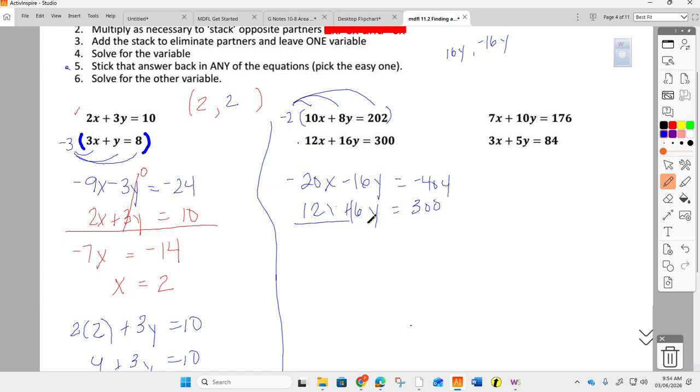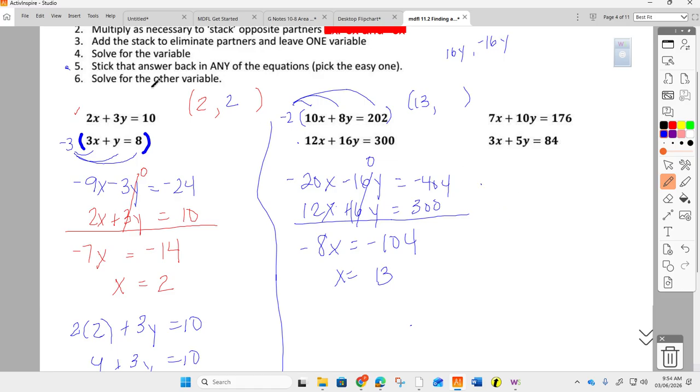And now we're going to add them together. Negative 20 and positive 12 is negative 8x. Negative 16 and positive 16 adds to 0. Negative 404 plus 300 is negative 104. We divide both sides by negative 8. We find that x in this system is 13. So we know the x-coordinate is 13,